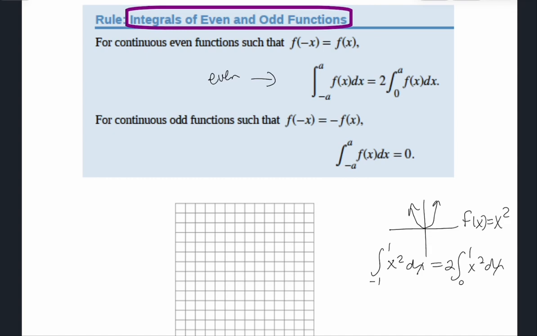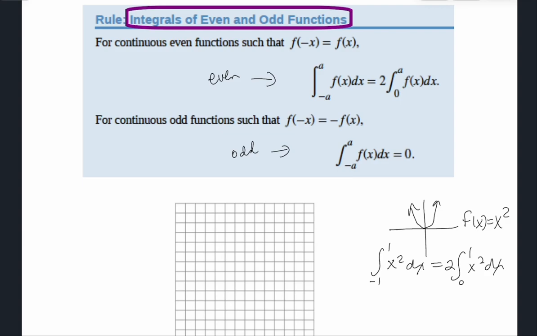Now let's think about why that's the case. The area here and the area here, because of the symmetry of an even function, will be exactly the same. So if you know that it is an even function, you are welcome to do this, but we've seen a lot of times, not every time, that plugging 0 in is pretty nice. So all that allows us to do is to double the area here to get the total area from left to right, okay? Another function that's odd,